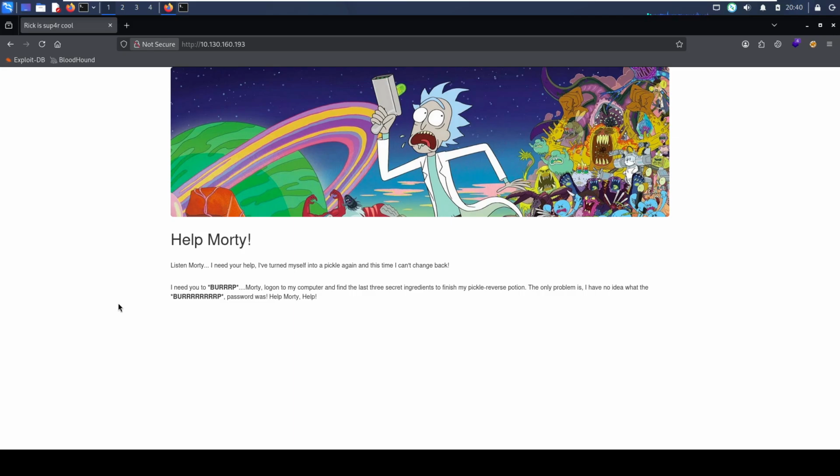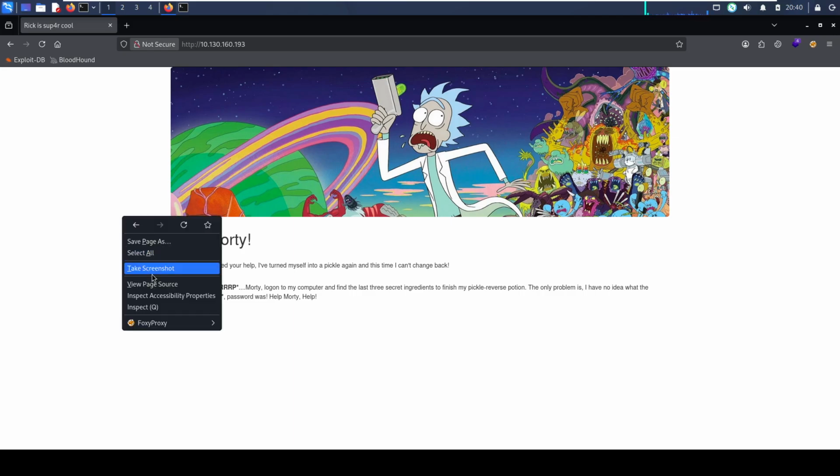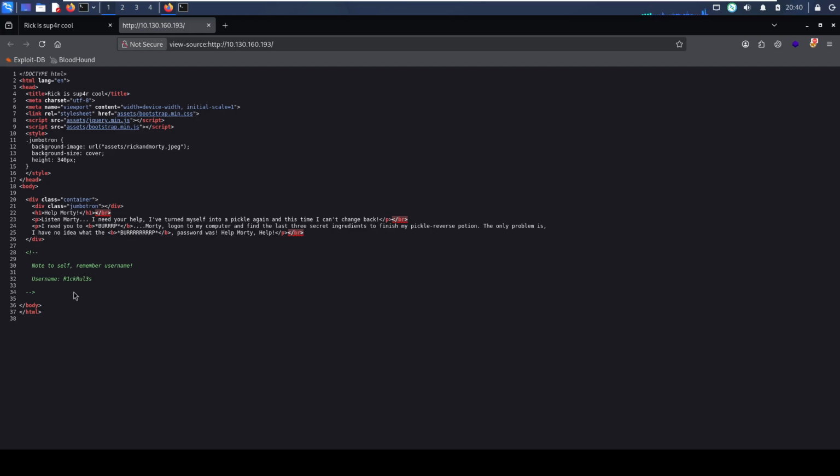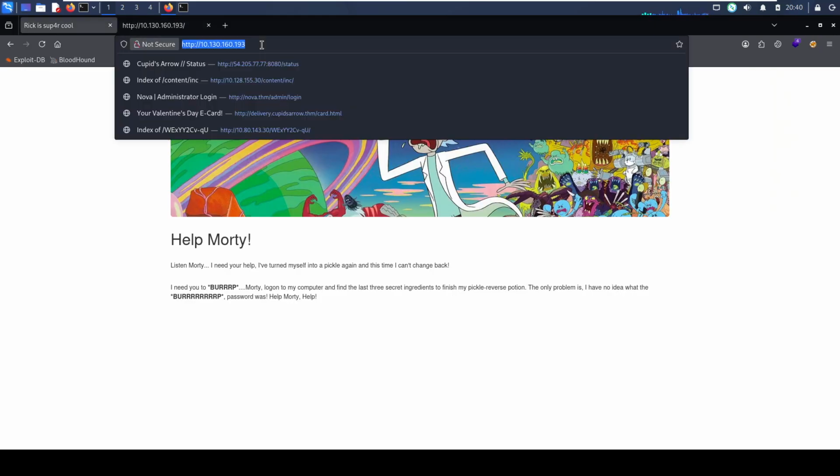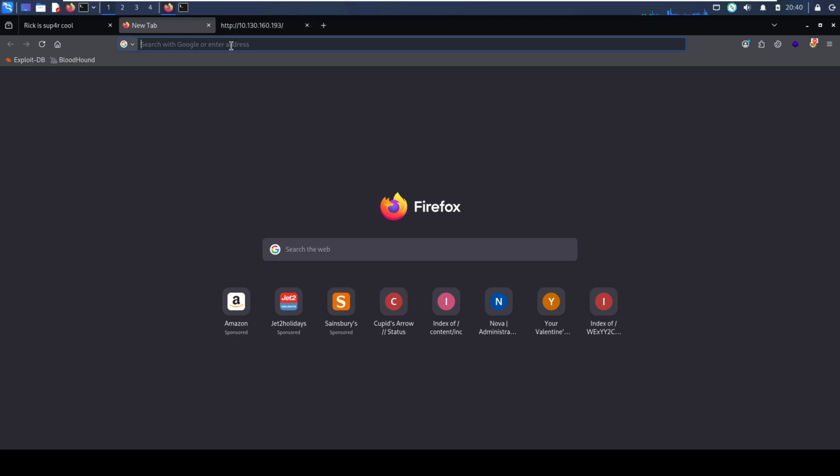So we can see here that there's a bit of a repetition of our instructions. Just kind of telling us what we need to do. This is talking about finding these secret ingredients. So the first thing that I will usually do when I'm looking at pages like this is check the source code. So instantly there's a really useful piece of information in the source code, and we have a username. The only thing is, at this point we don't necessarily know where that username is going, but we have a username nonetheless. I also will usually check for both a sitemap,